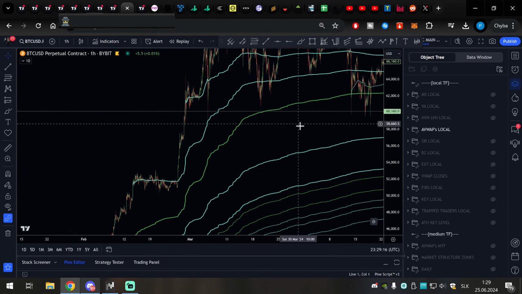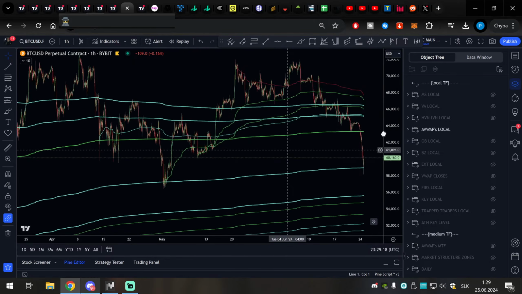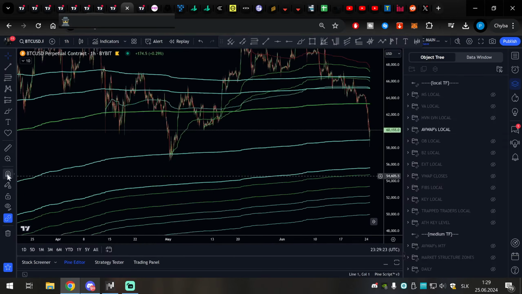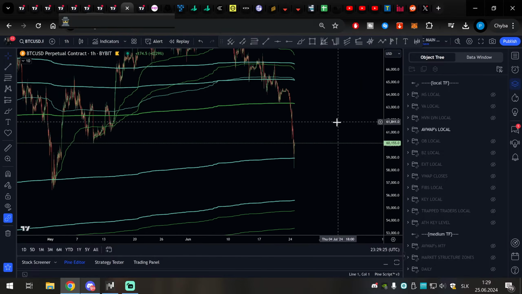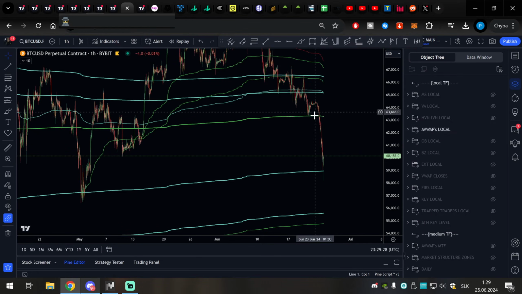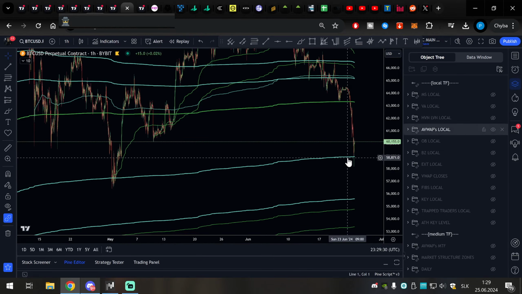Yeah, so this is like the bull market anchor VWAP, I would say, because the bull market started at 44k, and also when we took the all-time high. So in order for you to get a swing trade for much larger targets, you will need to reclaim this. But where we are stopping now, look at that.